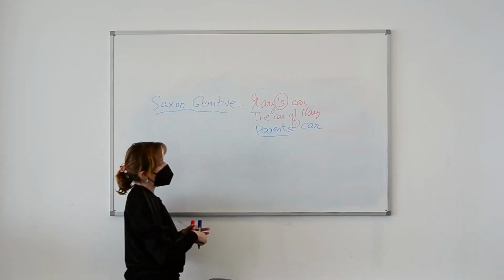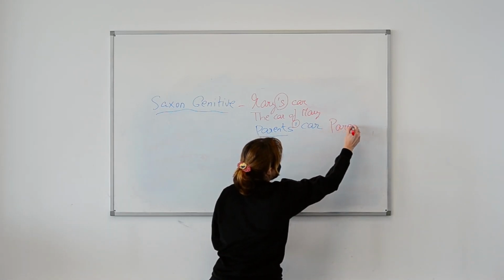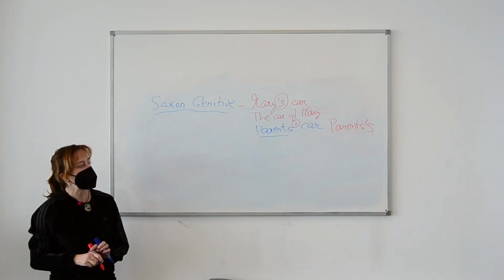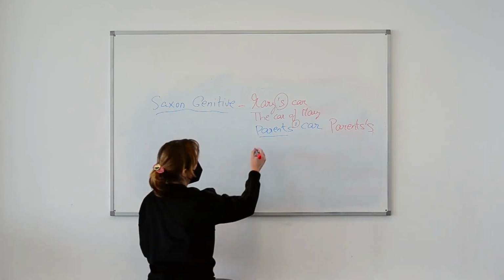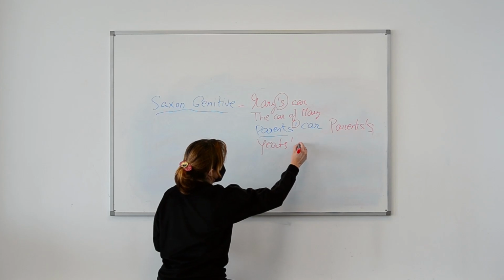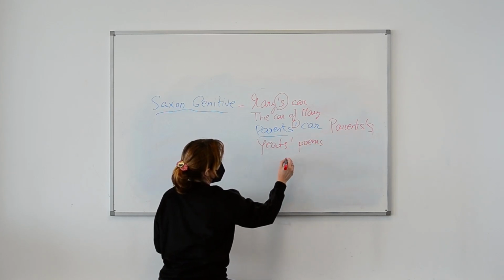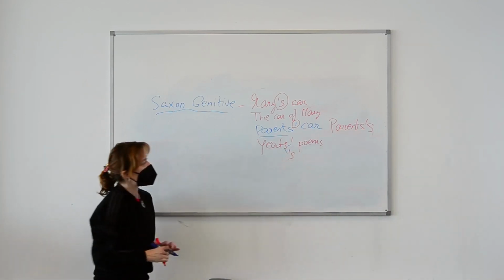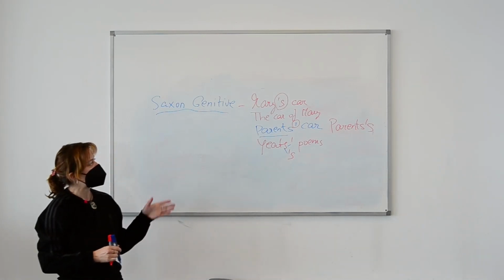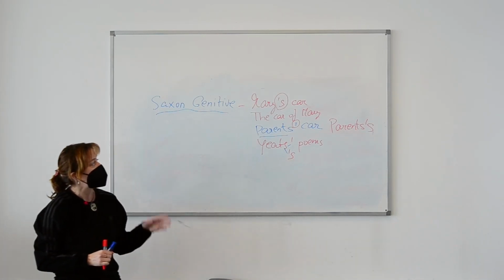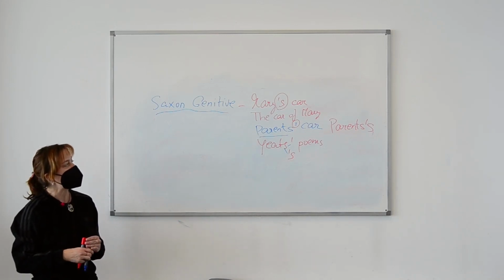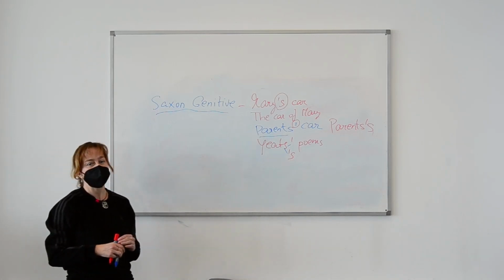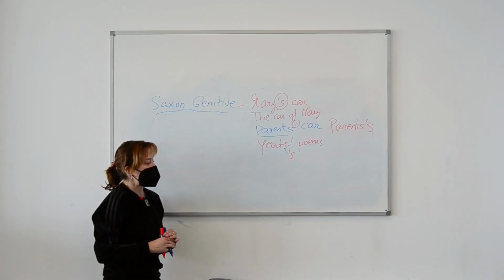A common mistake is that we always put parents' with a double S, but it is not possible. It is only possible with proper names. For example, Jade's poems. In this case, we can put an apostrophe or an apostrophe plus S. Both possibilities are correct, but not with common names. We should pay close attention to the fact that when we want to indicate possession in English, we use an apostrophe plus S in singular words, and in plural words, we add only an apostrophe. Okay? This is a common mistake